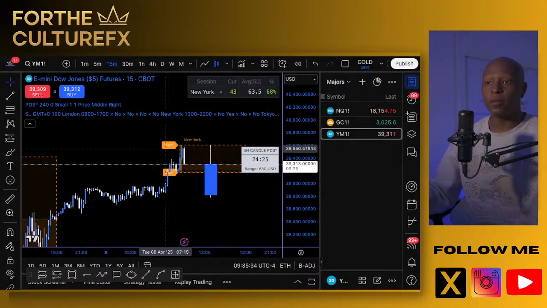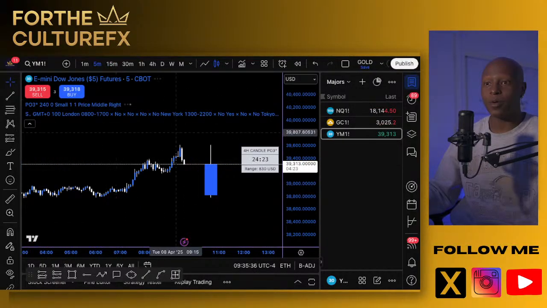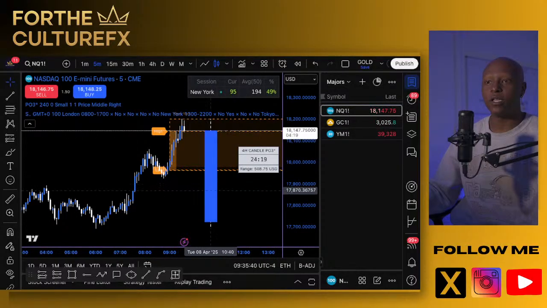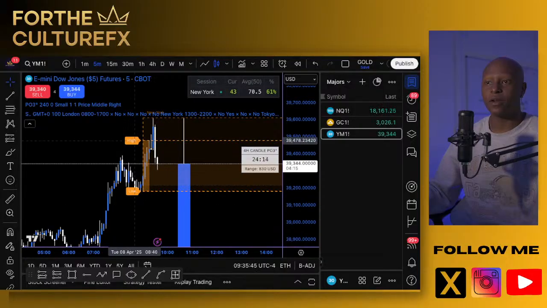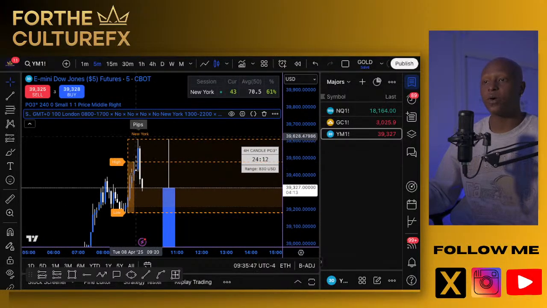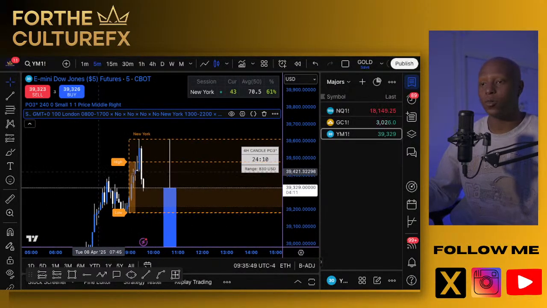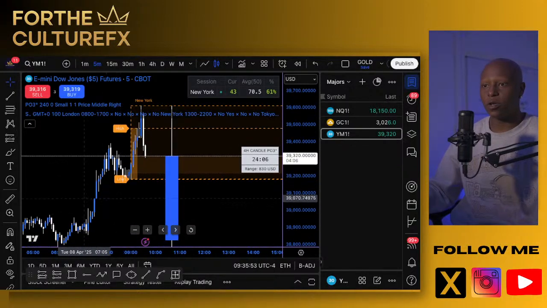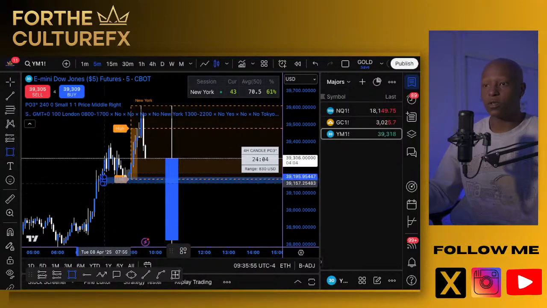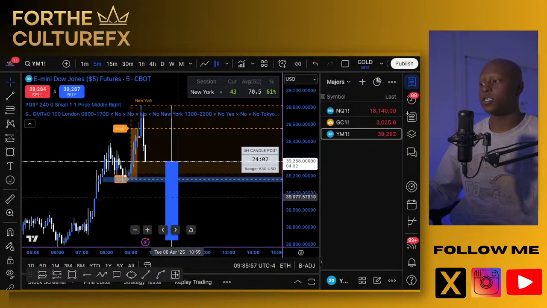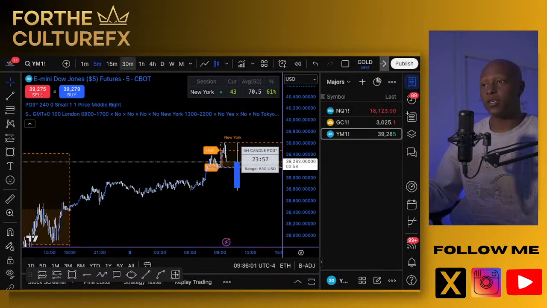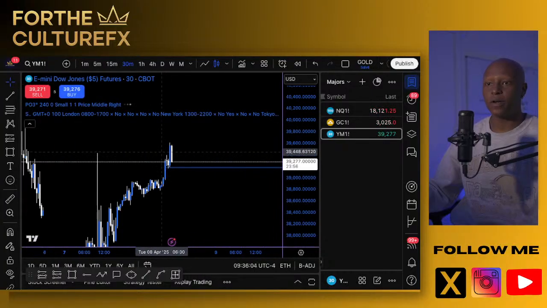So for YM here, the opening range high has not been broken. So it's likely that I might trade YM over the NQ, as it did take out that high. YM has not taken out that opening. Oh, excuse me, I stand corrected. YM has in fact taken out the opening range high. Now, if price sweeps through this level here and breaks through these lows, we potentially see an opening range low get swept, resulting in a possible sell move to the downside coming into our daily session, right?